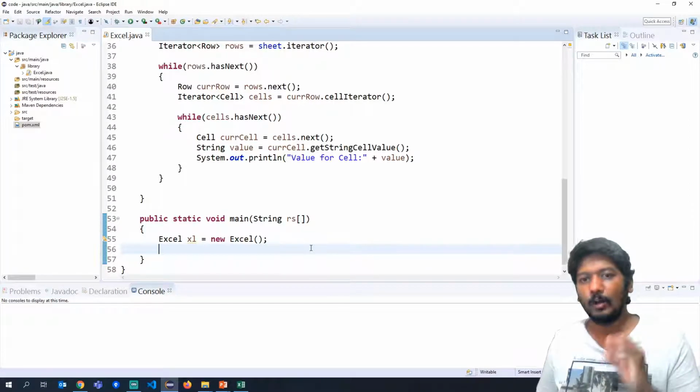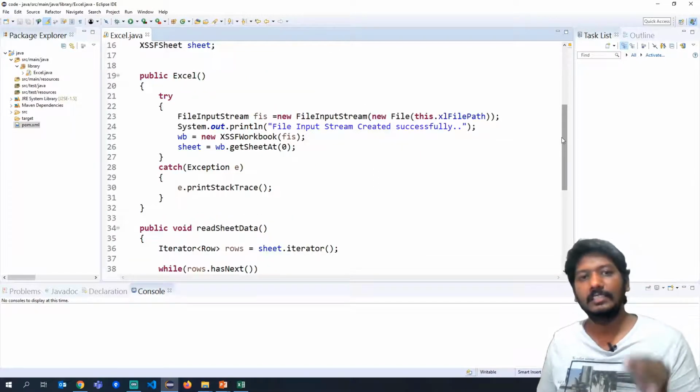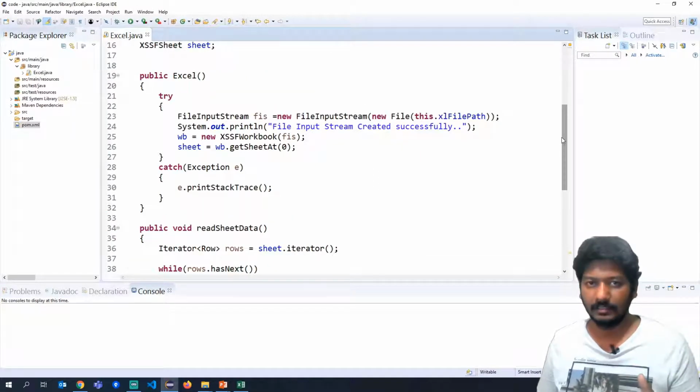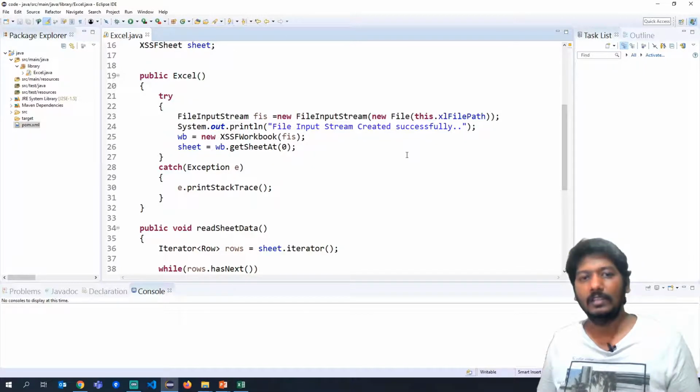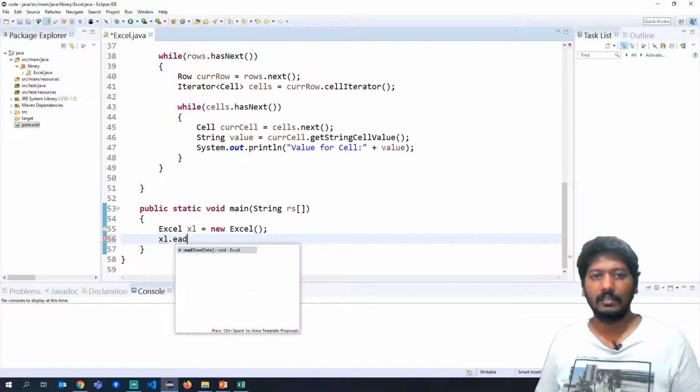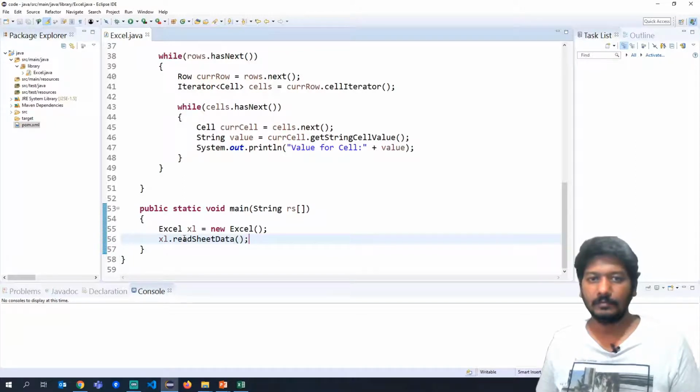At this moment, an object is created for the Excel and it will call the constructor. In the constructor, we have initialized the workbook and also got the first sheet. After that, we can call the read sheet data, so it prints the data from the sheet because we wrote the code for that also. So here I will write excel.readSheetData. Now let us execute this and see what will happen.